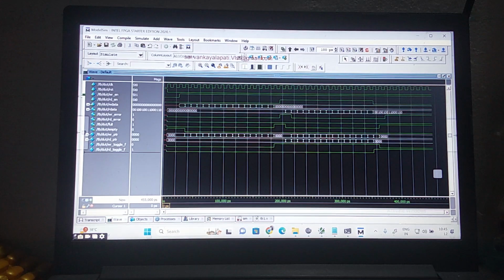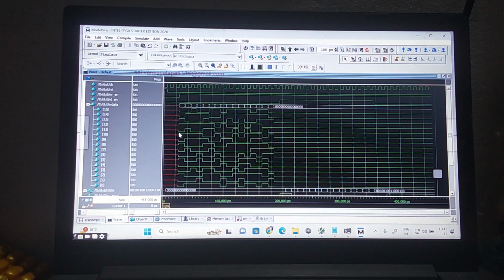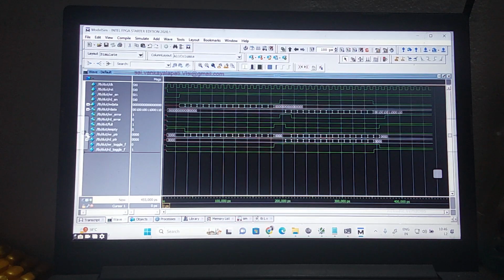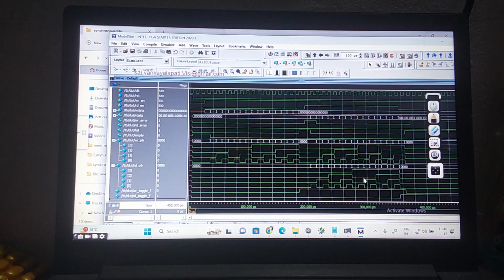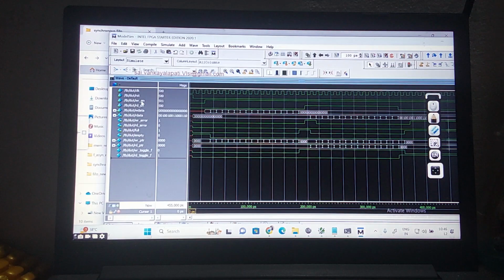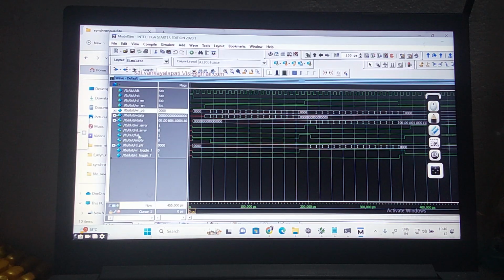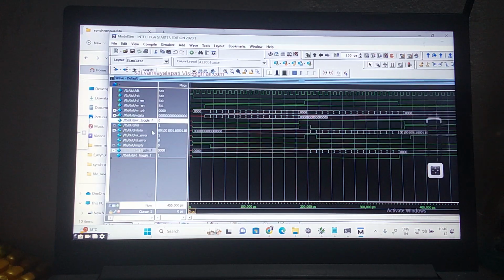If you do this here, you can see all the write data in each location. And if you do this here, you can see all the write pointer, 0 to 50. This is the write pointer, 0 to 50. Now what I am going to do, let us make all the write signals one side. This is the write enable. Then I am going to keep the write pointer, then write data, then full, then the write flag, all in one place.